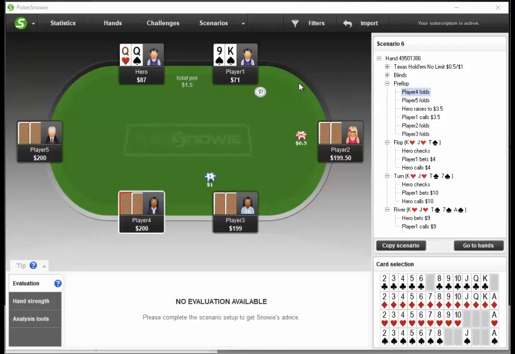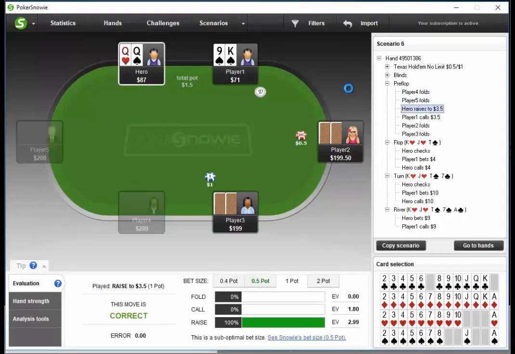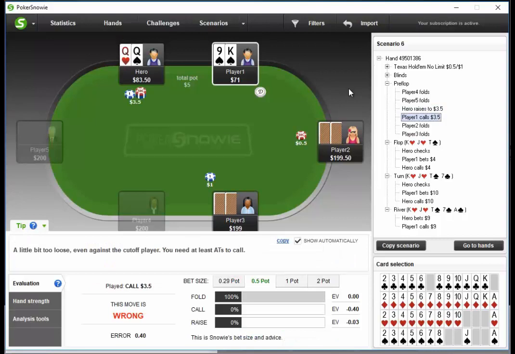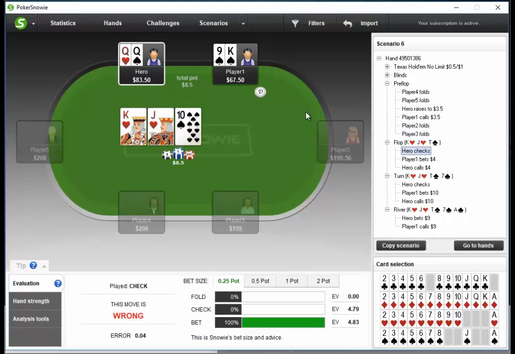So let's now see what Snowy has to say about all this. Obviously Snowy is not going to have a problem with my open raise. Snowy doesn't obviously like the call from the button, but there's nothing unexpected about that. And then when we take the flop and I check, Snowy's not happy with this at all, and Snowy actually